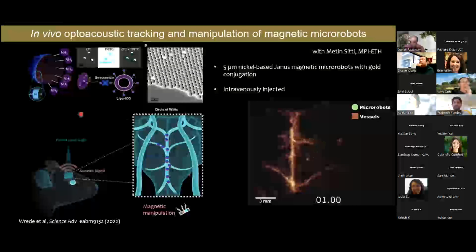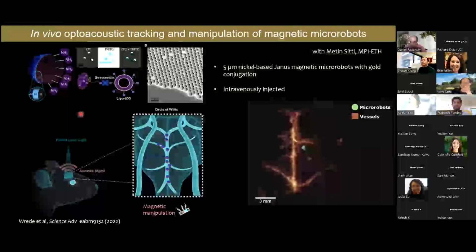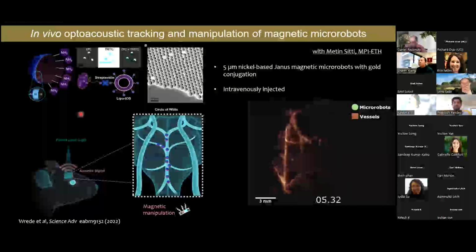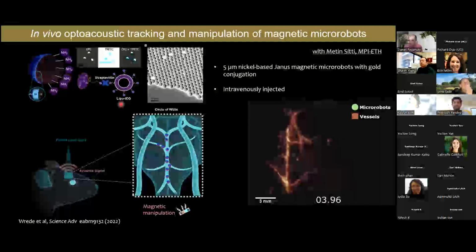So maybe a bit different example of how this imaging technology can be used for diagnostic and therapy monitoring purposes. Many of you are probably aware of this fast evolving field of medical microrobotics or nanorobotics. The big promise of this field is that one day we could have these smart tiny robots moving through the patient vasculature and precisely manipulate them with magnets or acoustic fields. And in this way, we could, for example, deliver drugs very accurately, eliminate tumors, fight infections, do microsurgeries, or